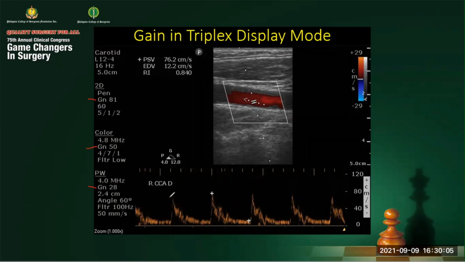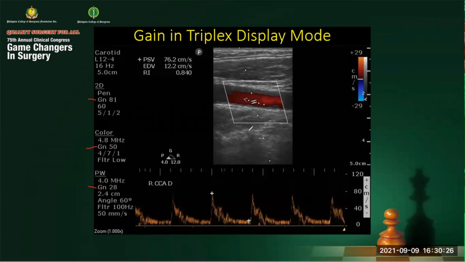So some machines can have these functions, and this is also very important because the purpose of the gain is the same, although between the B mode, the Doppler mode, and the spectral Doppler mode, the information or the data being processed is different. Okay, just in passing, the B mode processes the intensities of the returning echo.